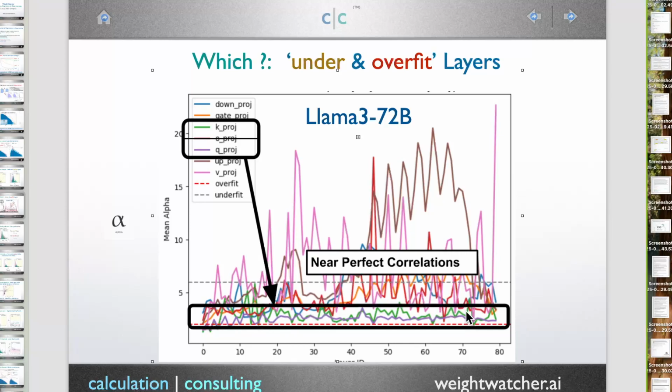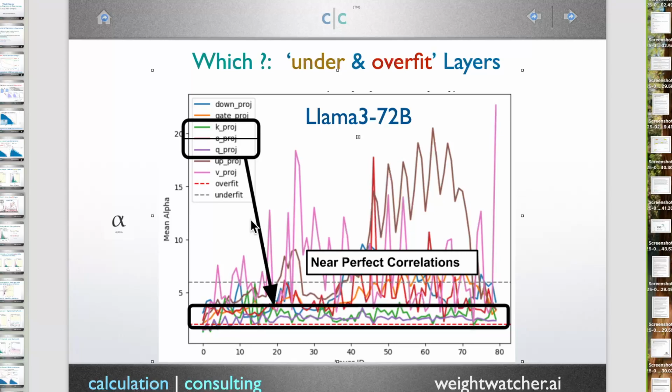So again, this is something I developed back in 2018. It's several years later. We're looking at these models and the theory predicts it works perfectly. At the same time, there are layers that are widely underfit. In particular, the V projection layer in the attention block seems to just be all over the place. We also see sometimes the up layer, like here, this brown line, you see it gets halfway through and it's all over the place. And again, this is consistent with different types of LLMs.